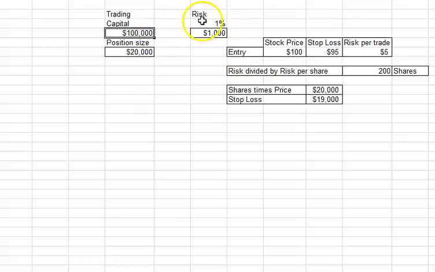A lot of misunderstandings with the 1% risk. So many times over the last decade, people keep thinking that this is the position size. If your trading capital is $100,000, you can risk 1% of your account on each trade. That's $1,000 of risk. But this is not position size. Your position size could be $20,000. It could be $10,000. Really the risk and the volatility of the underlying and your stop loss really determine